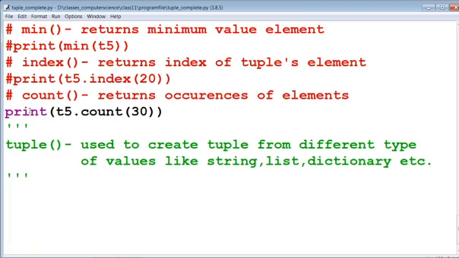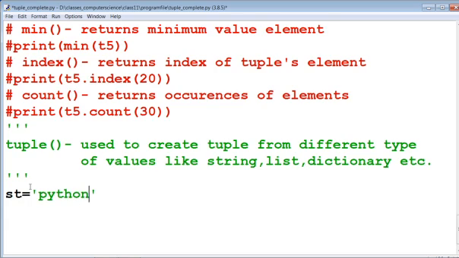Now our next method is tuple. This method is used to create a tuple from different types of values like string, list, or dictionary, etc. Suppose that we have taken the string equal to Python.